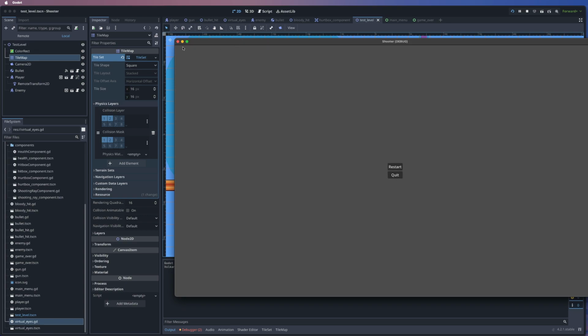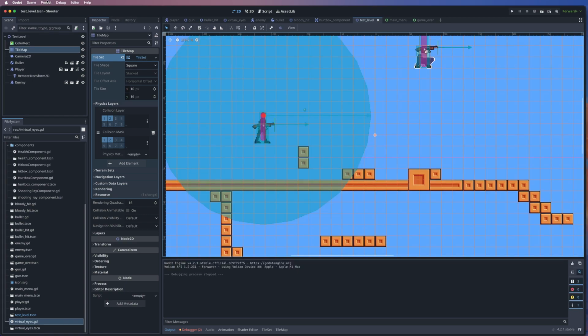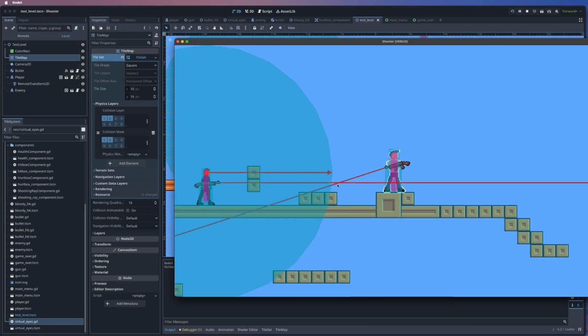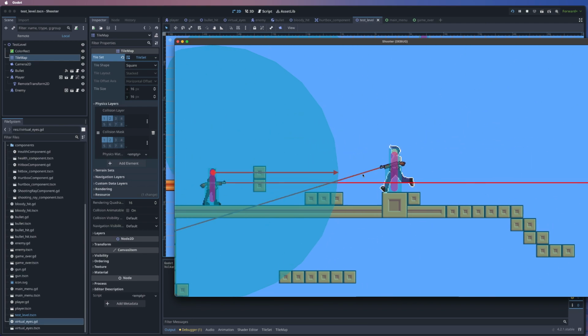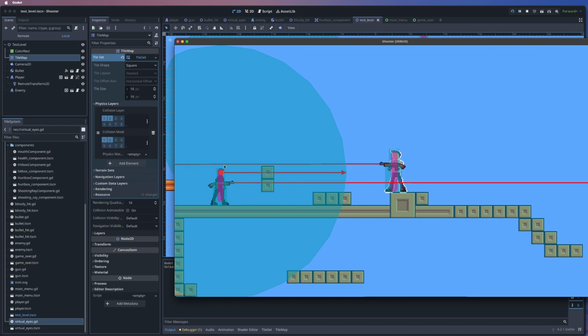I'm going to show it again, but now with the debug mode on. Debug visible collision shapes. So now you can see all the raycasts in the game. There is one here that comes from the face. So basically it's showing what it's seeing. This area here is whenever I get into this area, he will be able to